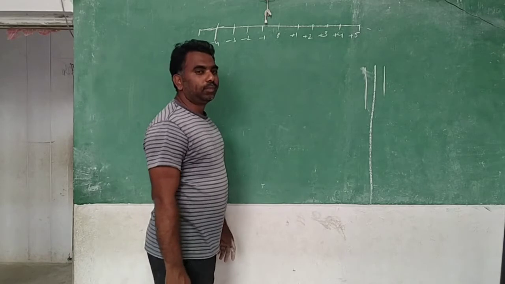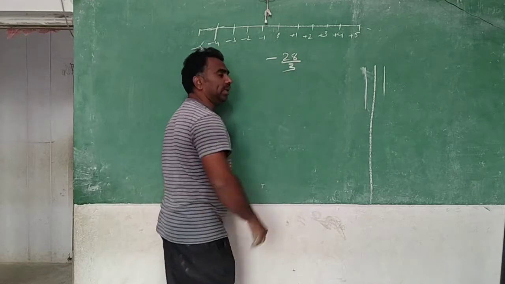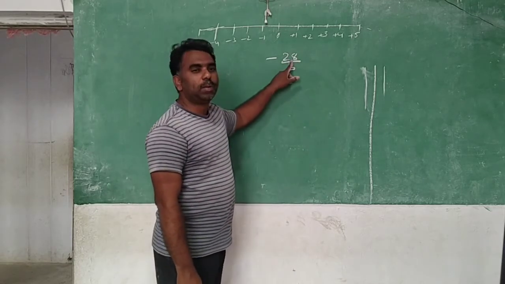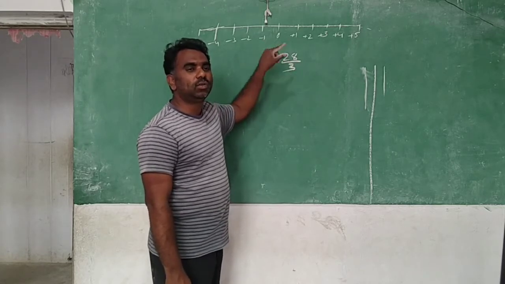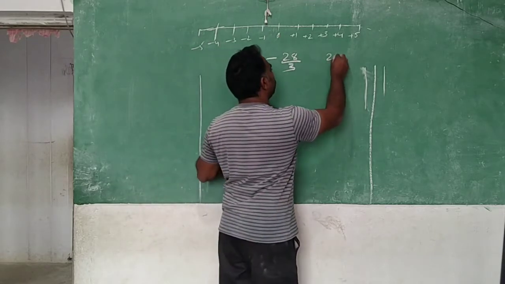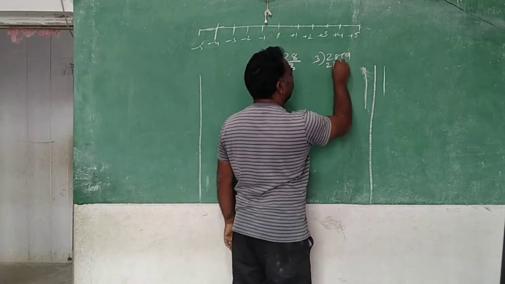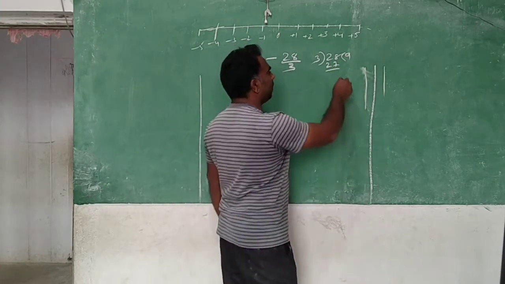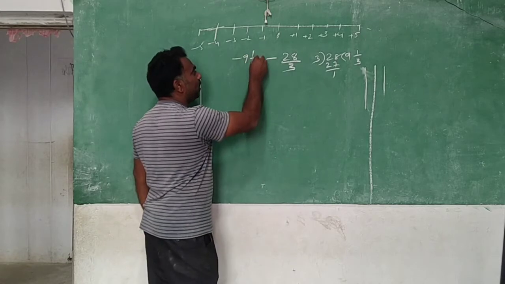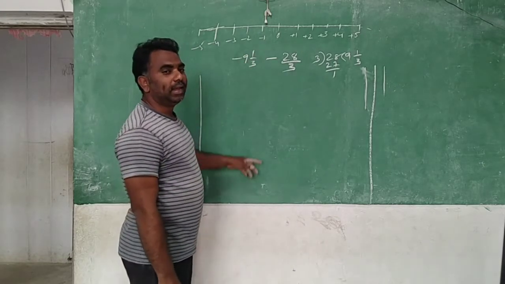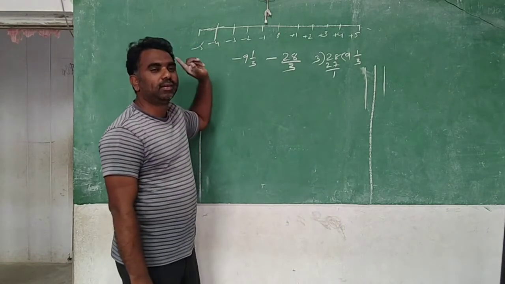Okay, one more I am giving to you. Suppose you see this minus 28 by 3. This is also an improper fraction, a negative improper fraction. So what should I do? I should convert into a mixed fraction. I know this, so division we will do. 3 9s are 27, so 1 is left. So I will write 1 by 3. But it is negative, that's why I will write minus 9 1 by 3. Means minus 9 1 by 3 is in between minus 9 and minus 10.